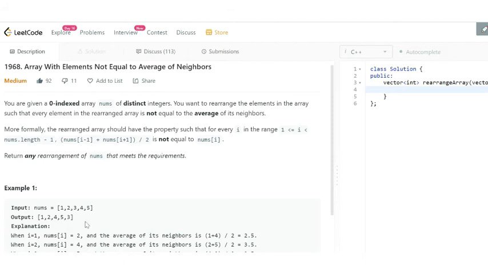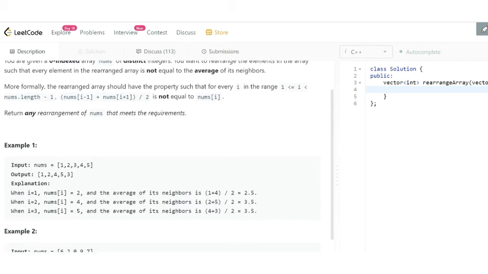Okay, so let's begin. What we have to do in this question is, you will be given an array named nums. Now you have to arrange this in such a way that the middle element is not equal to the average of its neighbors.